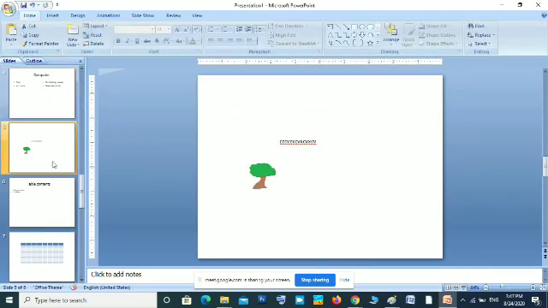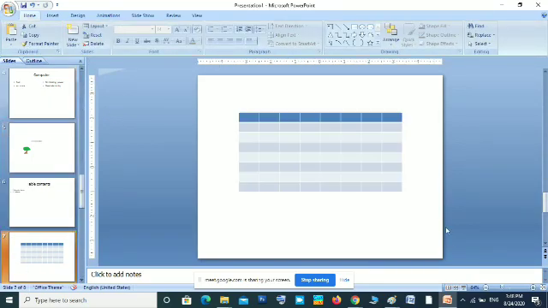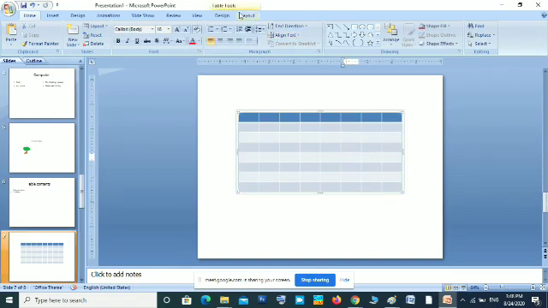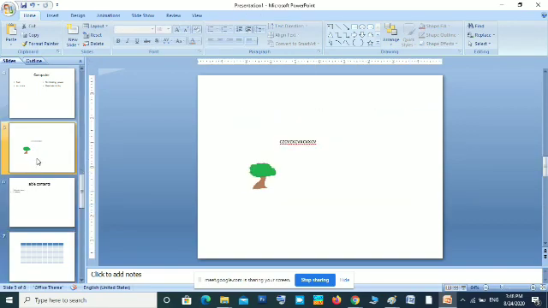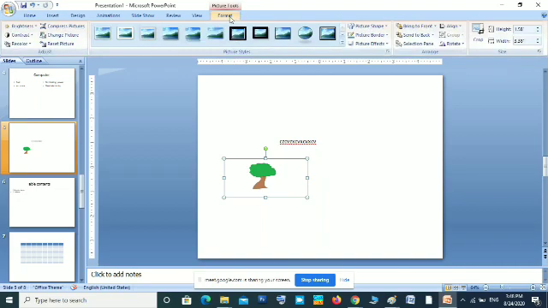Then you can see when I am clicking inside the table, a new menu is displayed here, design and layout. Depending upon the object, some new menus will be appearing on the tab. Now when I am clicking the picture object, you can see a format tab is automatically inserting. So this is related to the object that you are selecting. All the formatting related with picture will be in this format.